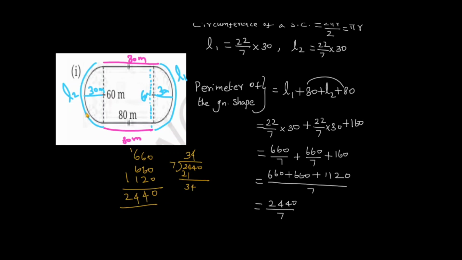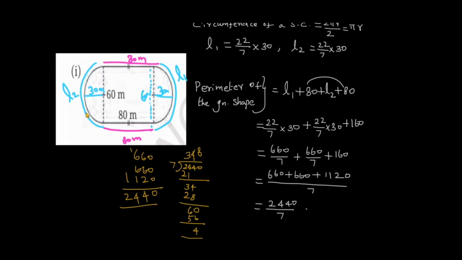So 4 times 7 is 28, 34 minus 28, 6. Then taking the next number 0, 60. 8 times 7 is 56, remaining 4. So we can keep a decimal and a 0 and continue, or else we can give this in